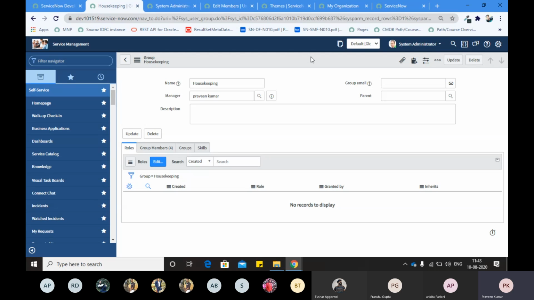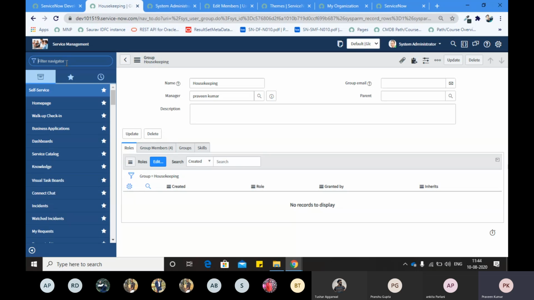The way we migrate those updates from one instance to another is using the update set. So update set is a terminology, or a way, in which we can group all the updates in a single pack, right? And we will move that pack to the different instances so that all the updates can be made available there, right? How can we create an update set?